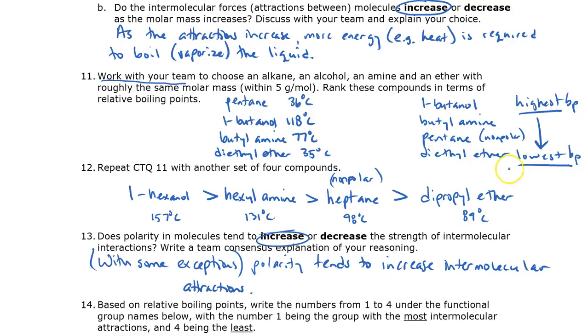It seems that these ethers don't fit that trend, and so, science goes this way. You make generalizations, and then sometimes there are exceptions. One thing that comforts me is that the exception is pretty small. Like here, pentane versus diethyl ether is only different by 1 degree in the boiling point. Here they're only different by 9 degrees compared to much larger changes in the others. But there certainly is an exception there, so I understand why that one is a little challenging to answer. But it's true that in general, polarity tends to increase the strength of the intermolecular attractions.